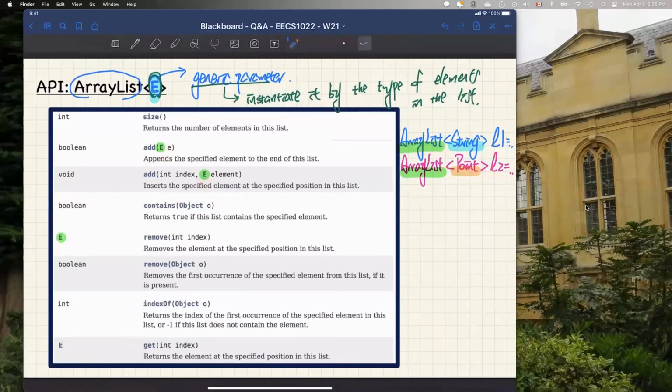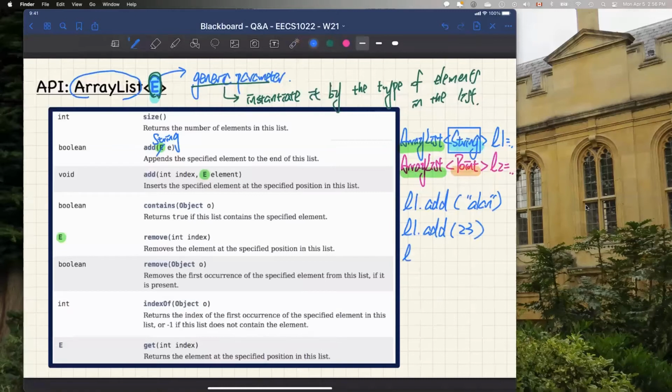Because in your program, you might declare more than one. You might declare, for example, 50 different lists of type ArrayList. In that case, for each one of them, depending on what the instantiation type is for E, the corresponding API will look a little bit different implicitly. For this particular case, since we instantiated E with String, whenever you add elements into this list, the E will be replaced by String. So if I say L1.add("Alan"), versus L1.add(23),